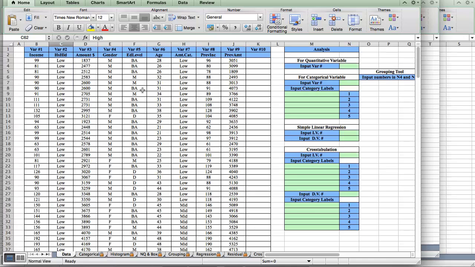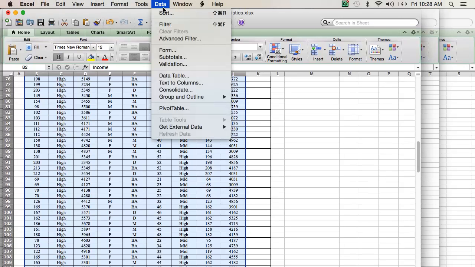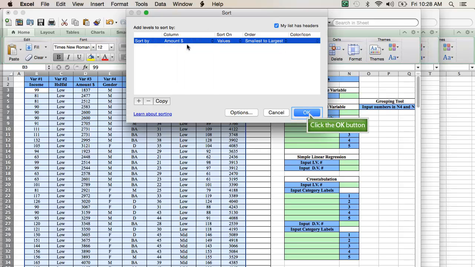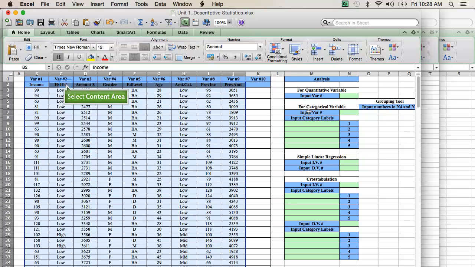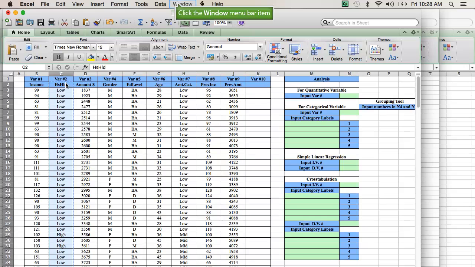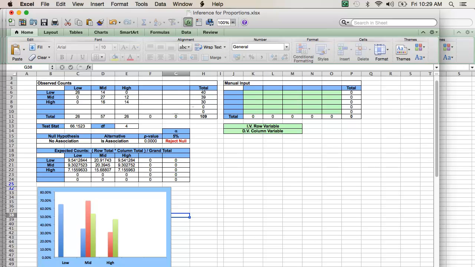Now, before copying over our household size data onto the Inference for Proportions tool, it's very important that I resort the data by the amount charged. If I didn't do that, and I copied in my new household size data, I would mix up the cardholders, and that would make it hard for me to get good results. So now I have resorted by the amount charged, and I can simply copy and onto my data sheet,